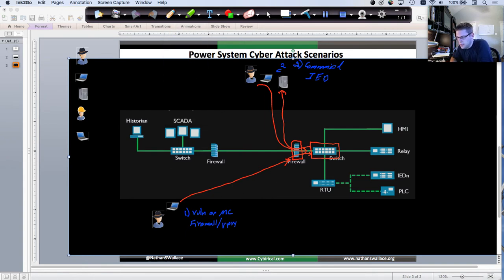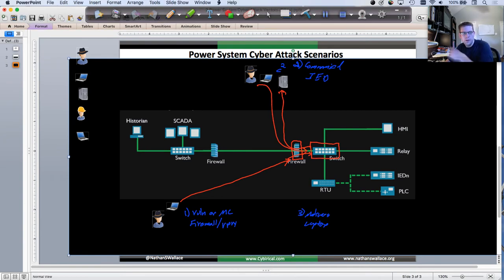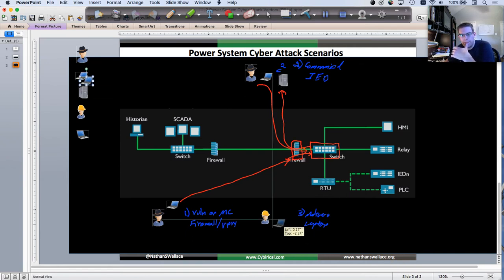Number 3, let me switch back over to blue. Let's see, number 3, we have the malicious laptop. So this is a malicious laptop. The actual engineer, a designated engineer or technician, he's out here doing his stuff, working. This is a malicious laptop. So whenever he plugs in,